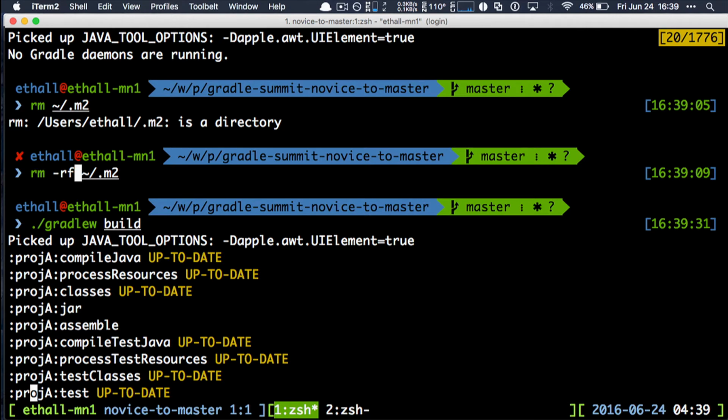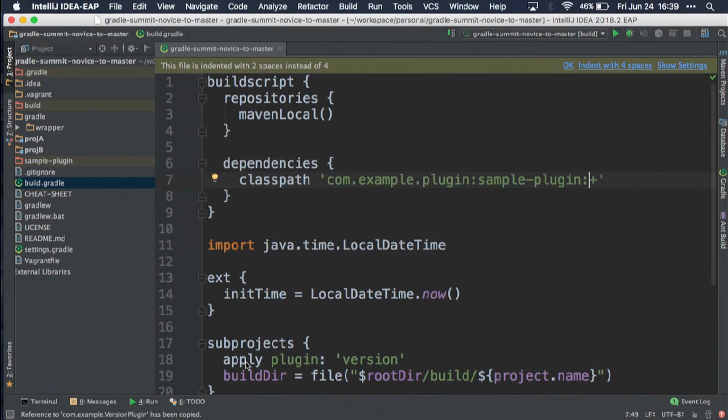So this is something that you could then share to other groups inside your organization, making it so that you can reuse code as much as possible. But there's one thing that we're still doing that's a little weird. We've got this init, or this X thing, setting the time. We don't really want to do that, so let's fix it.